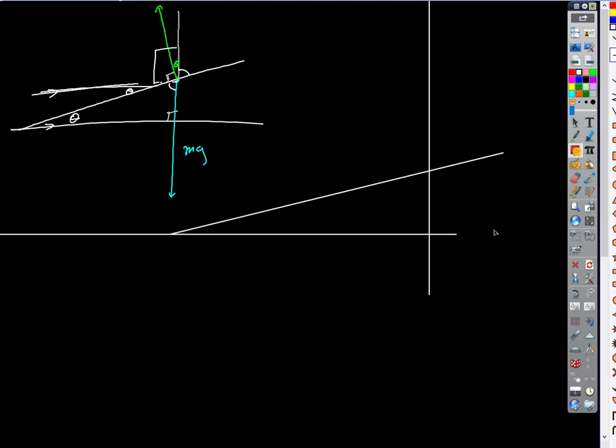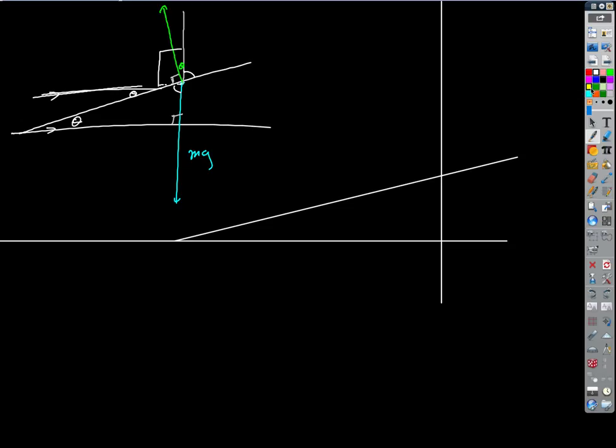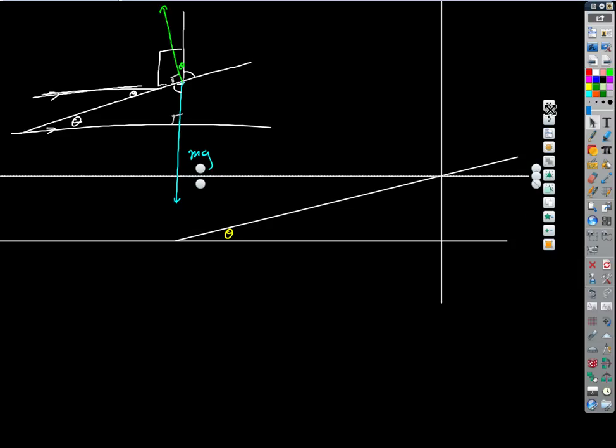Alright, and this will be easier to see. So if this is theta, then let me just copy this schematic. Would you agree then by alternate interiors, this is theta, right? Yep. And we want to cross it. And then this one,